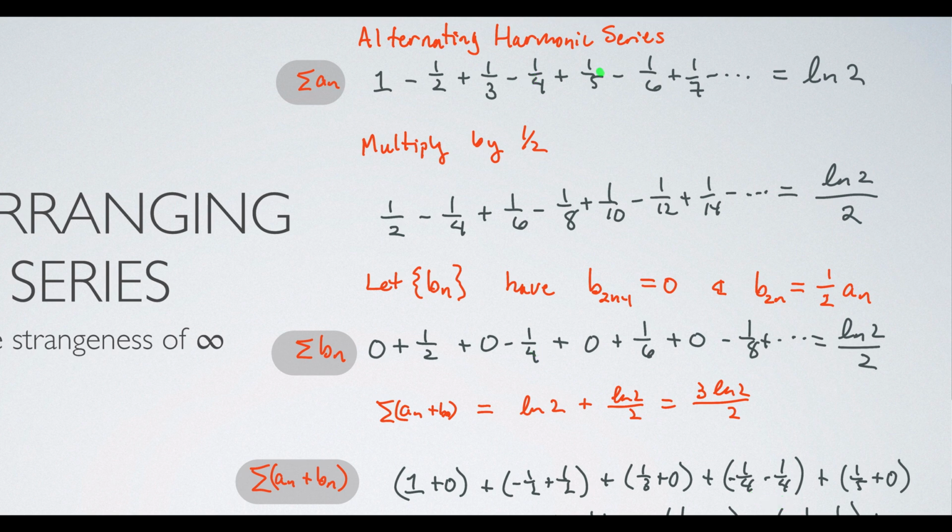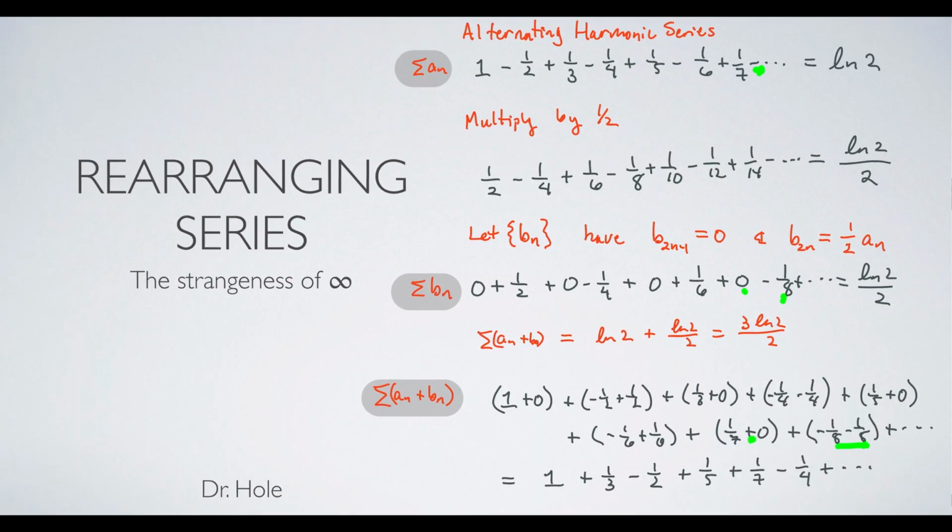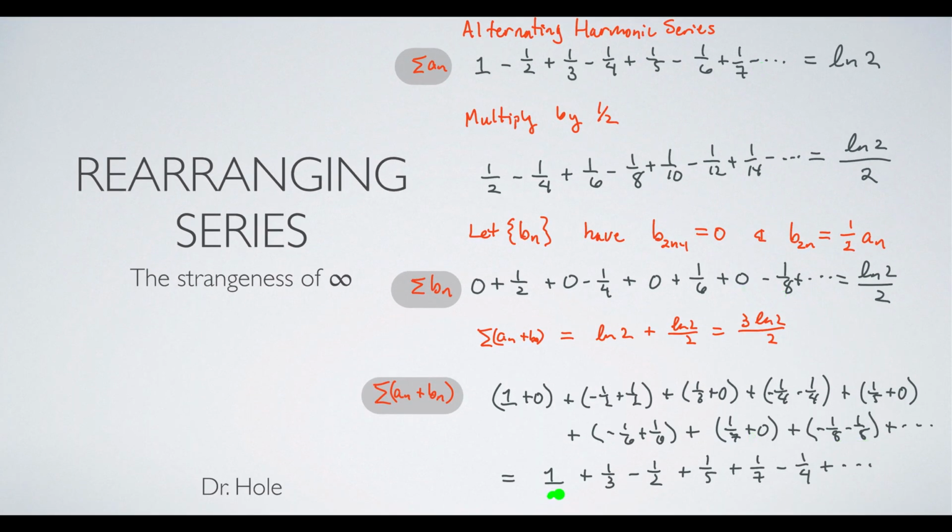A fifth plus 0 is a fifth. Negative a sixth plus 1/6 cancels out. A seventh plus 0 is a seventh. Next term is negative 1/8 plus negative 1/8, which is negative 1/4. Collecting those together: 1, negative 1/2,